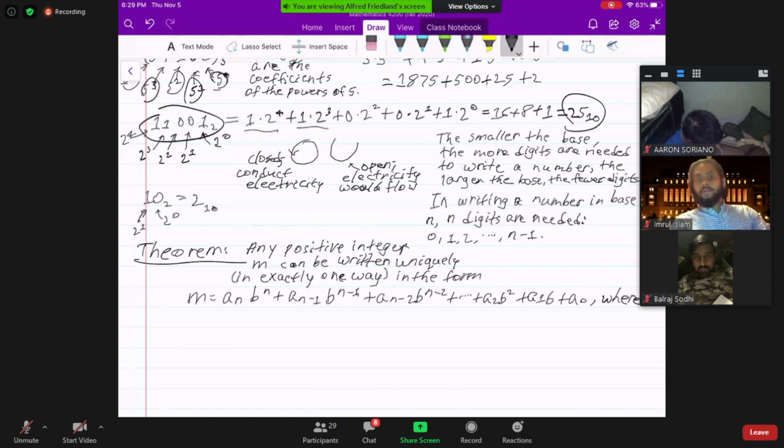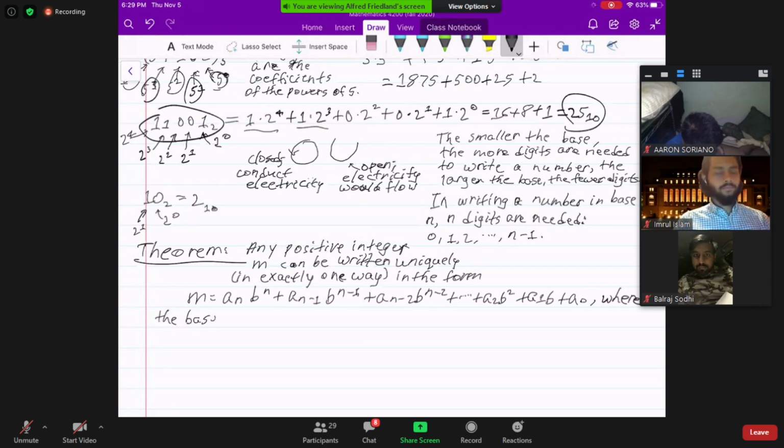So these a's, the next one, a sub n minus 2, that's just whatever the numerical coefficient of the n minus second power of b is. And going to the right, a sub 2, that's just a number. And to indicate that it's the number that multiplies b to the 2, I call it a sub 2. So as I say, don't be intimidated by the subscripts. They have no mathematical content. They're just a matter of notation,